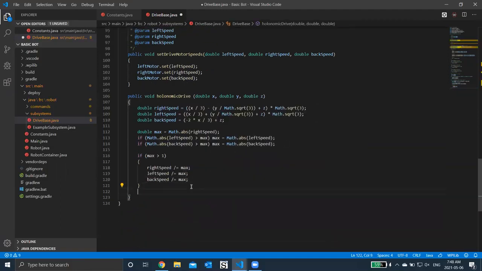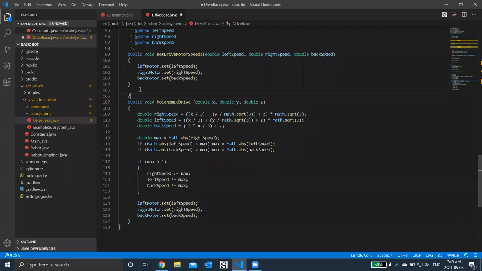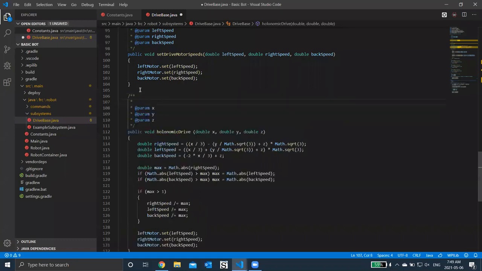All right. And then lastly, we just need to output that to the motors. So just copy this one. And there we have the easy algorithm to drive the robot based on an X, Y, or Z input. Add a comment here. Drive robot using